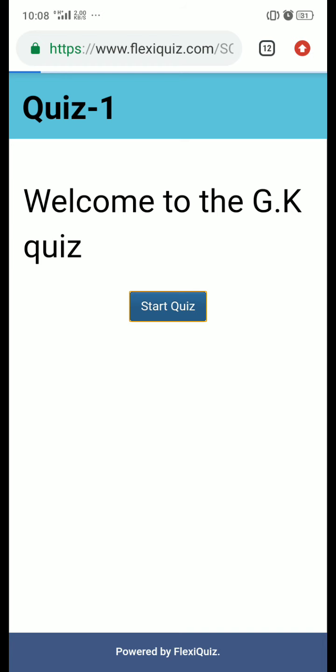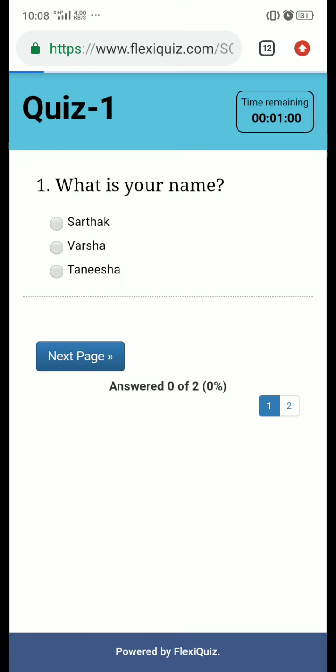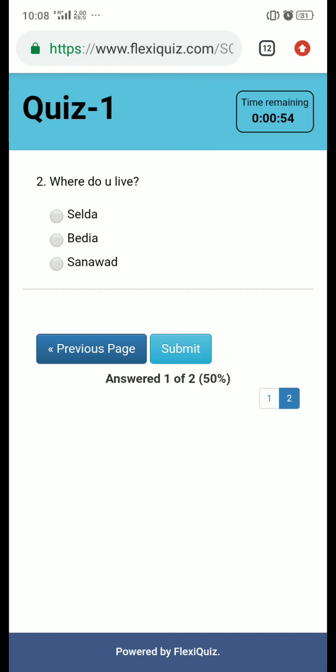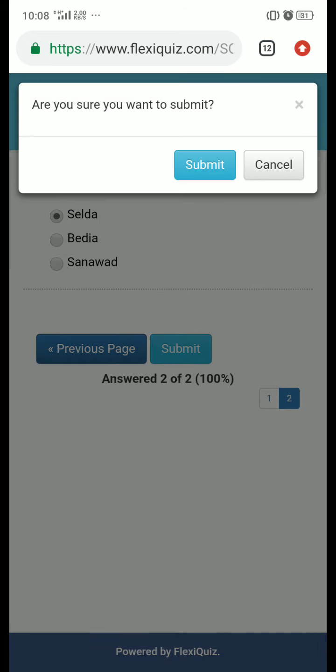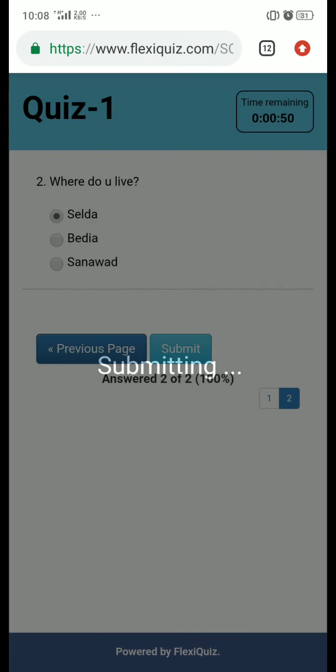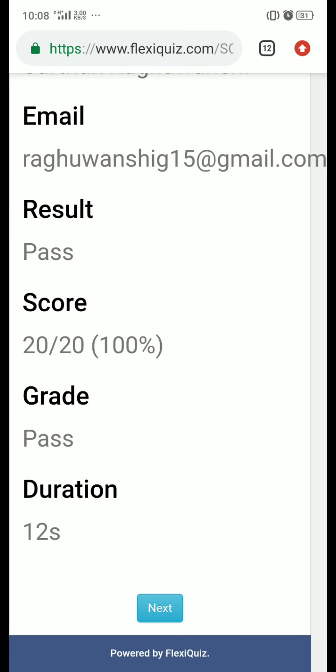Start the quiz. Choose the option. Come to next. Another question. Again come submit the quiz. Once the quiz is submitted, you can see the scores also.